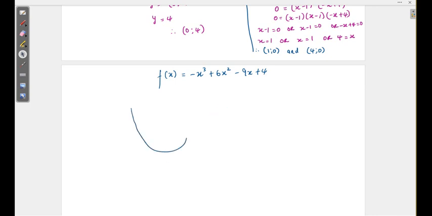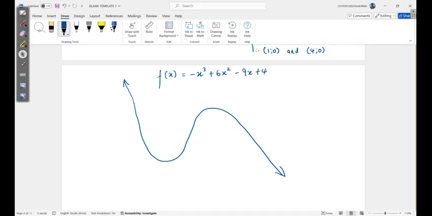Okay, let's try to draw it nicely. So this is how the graph is. However, you're not done. Obviously, you need to put in your